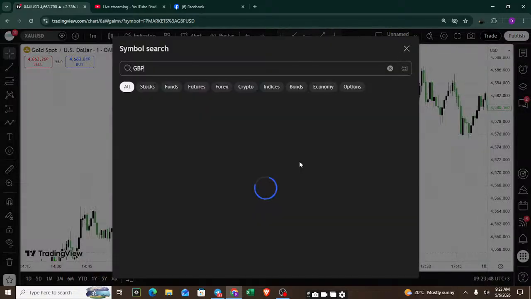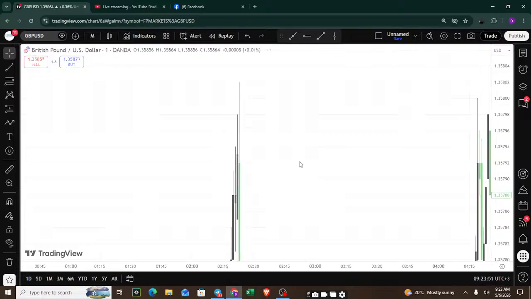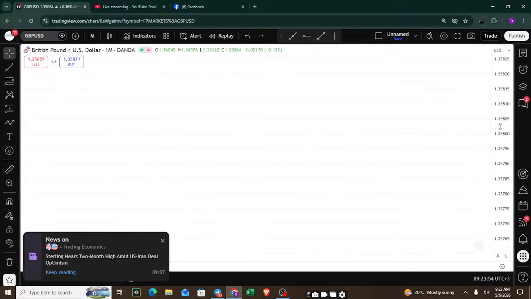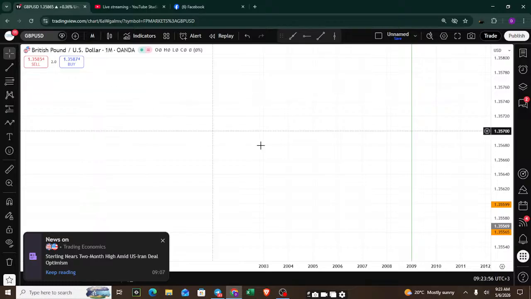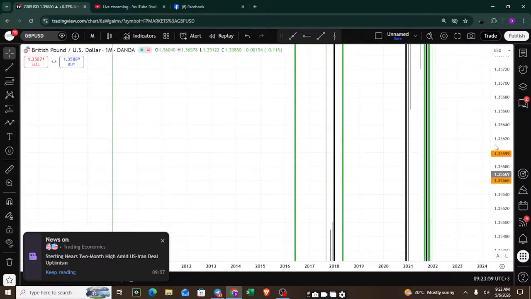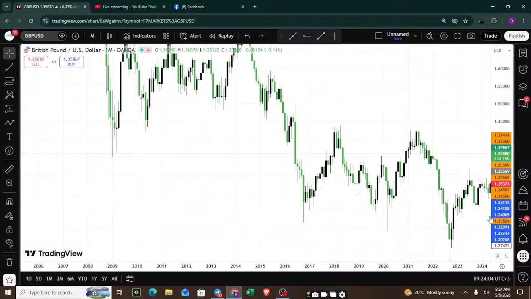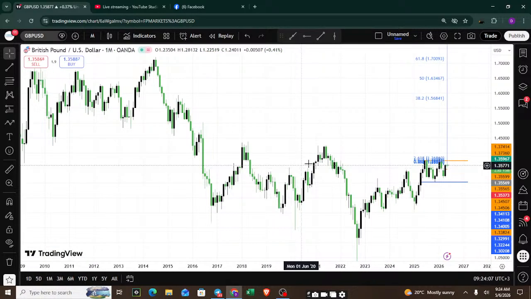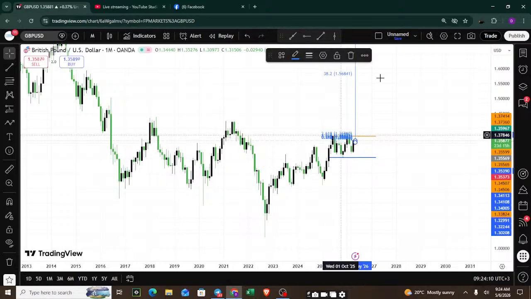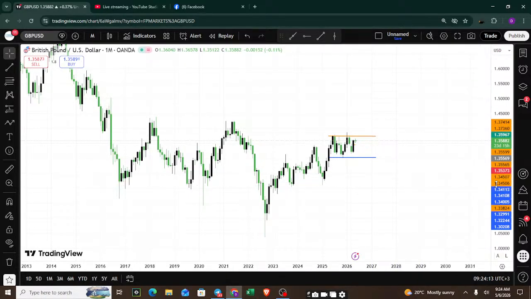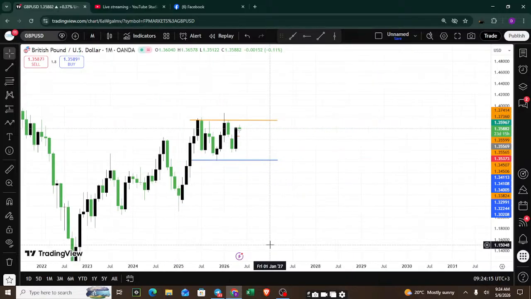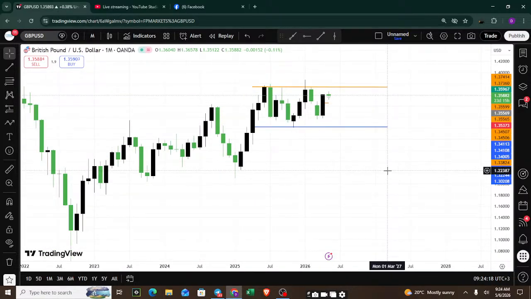When you look at the monthly time frame, we are operating in what we call a ranging market, and because of that, my system itself... GBP USD, as you can see in this price action, has been trading in a consolidation for the longest